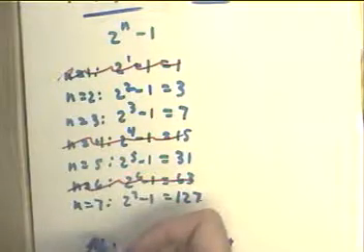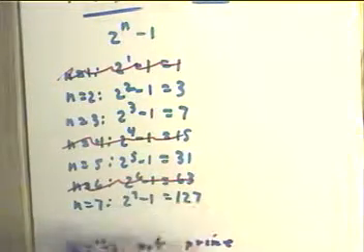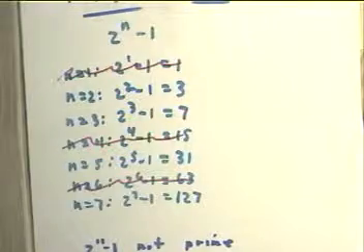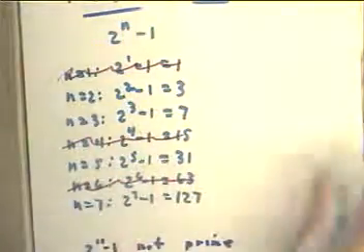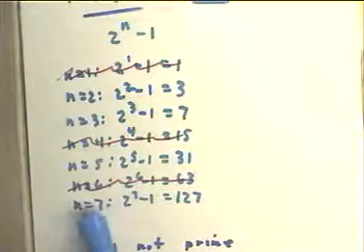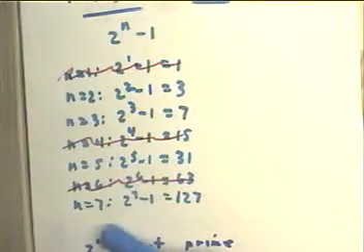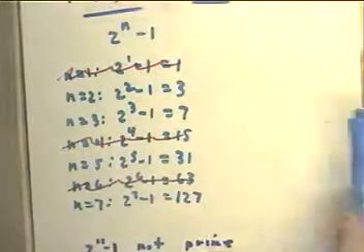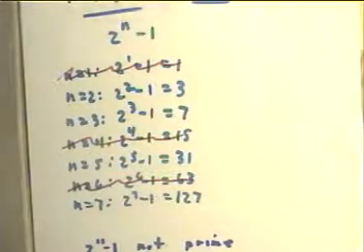But n equals 11, well, you can check out n equals 11 and see if that works. For n equals 11, you get 2047. The point is, I think 2047 isn't prime, but I'm not even sure right now. Doesn't really matter. The pattern doesn't always continue, but the pattern that we want to speculate on